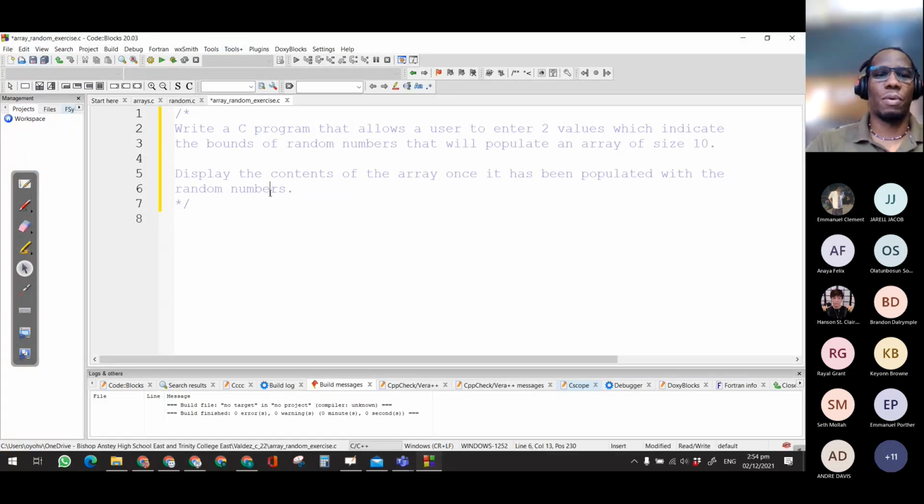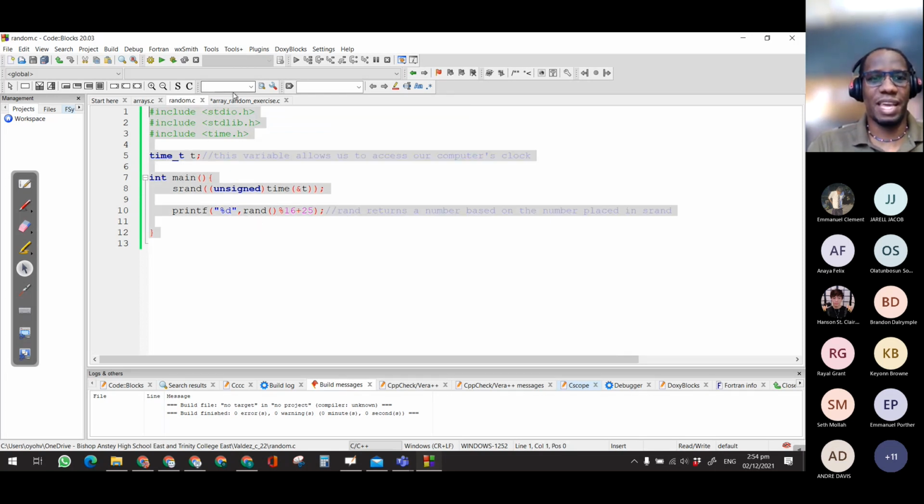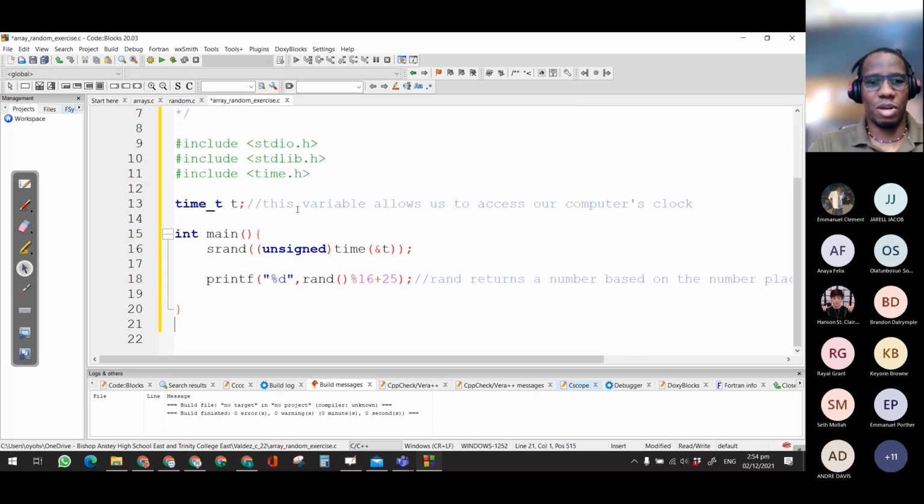So we want to write a program that will allow us to enter two values which indicate the bounds of random numbers that will populate an array of size 10. So we have our include statements, etc. I'm pretty much going to borrow the top of this whole program here, and I will then modify this to suit my own needs. So the first thing that I need to do